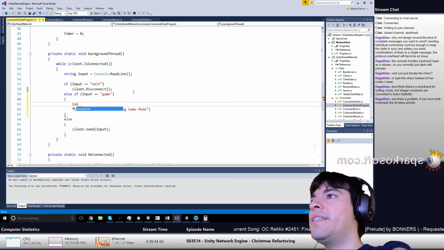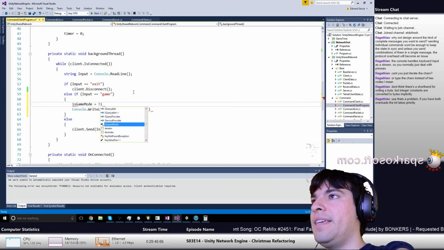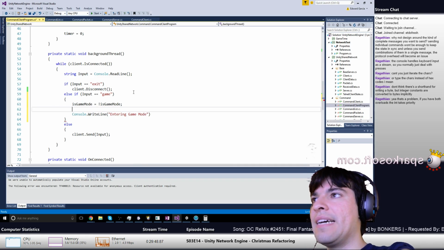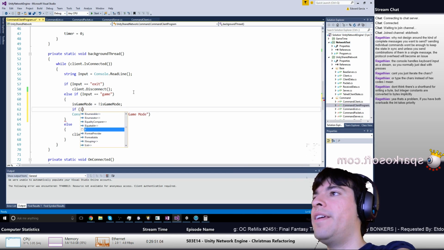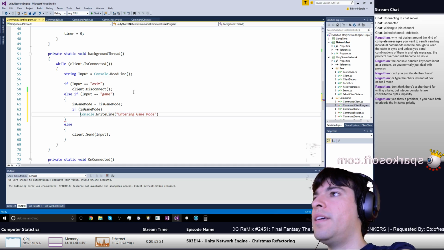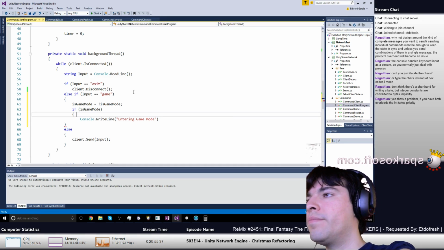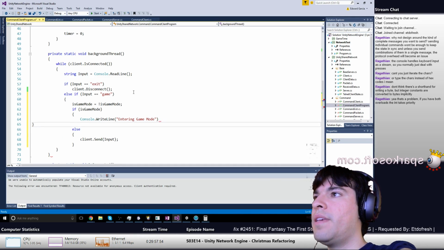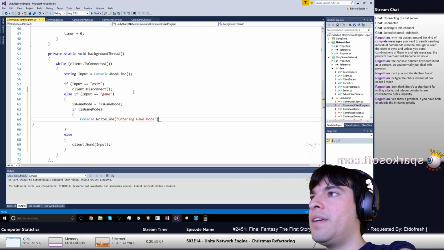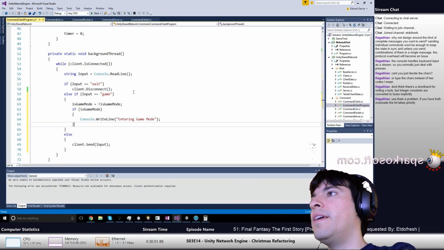We'll say is game mode equals not is game mode. Okay, so it's going to toggle. If is game mode, entering game mode, and what will you do from there? Is game mode,